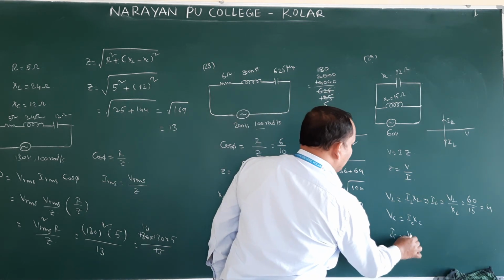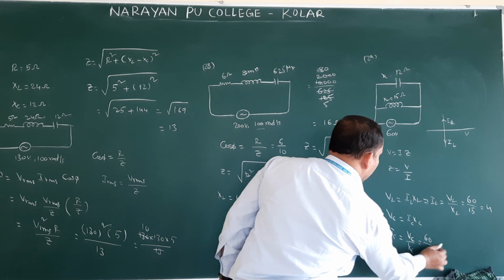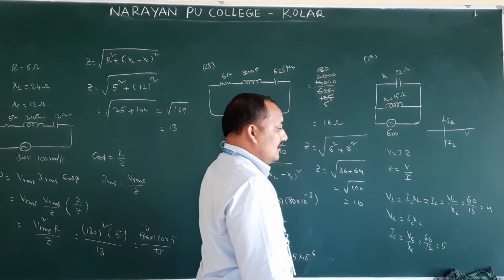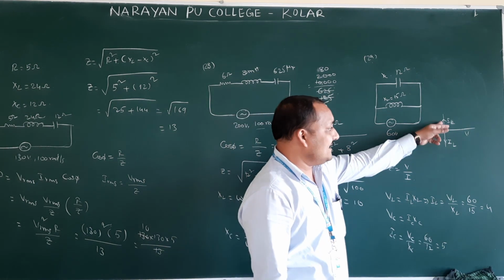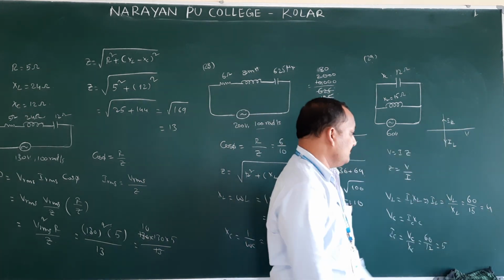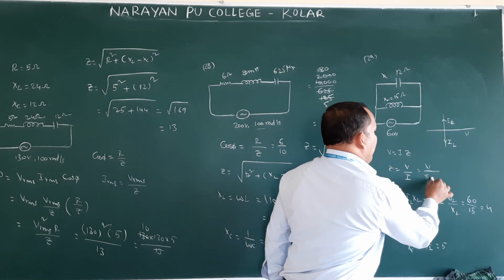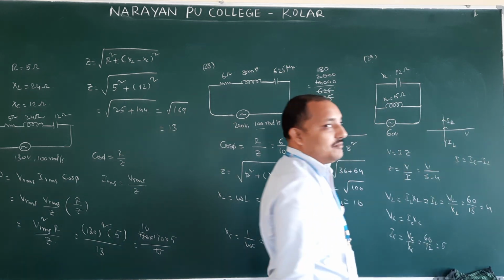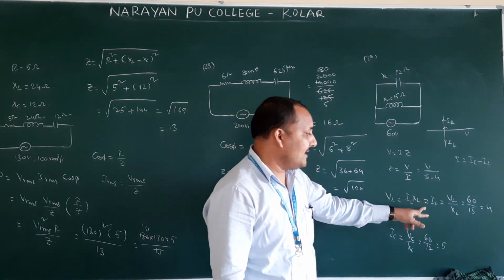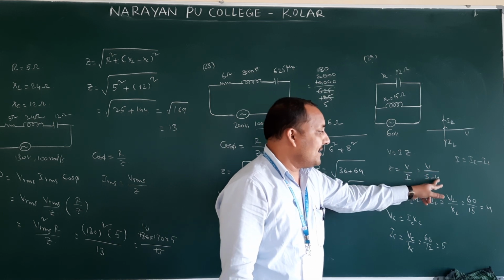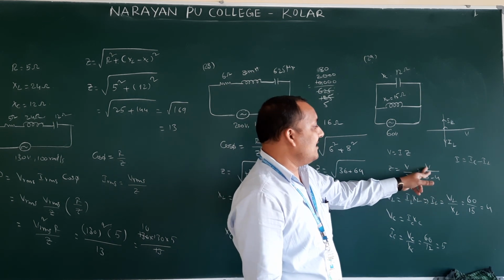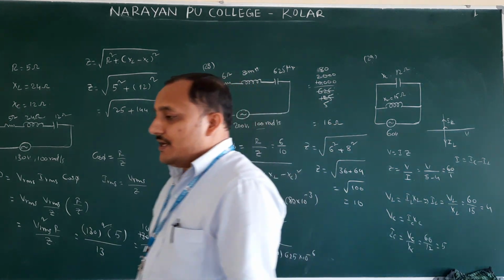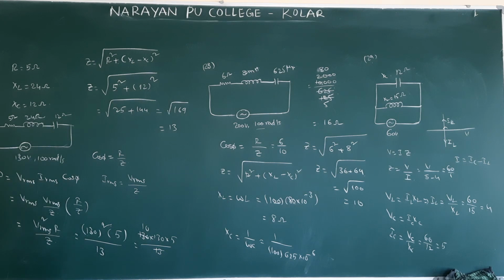Here IC is equal to VC by XC, which is 60 by XC value, that is 5. Then the resultant current is IC minus IL, that is 5 minus 4, since I is equal to IC minus IL. Both are opposite, therefore the resultant will be IC minus IL. So V by 5 minus 4. Then V value is 60, so 60 by 1, 60 ohms. Now the impedance value is 60 ohms. Option 4.